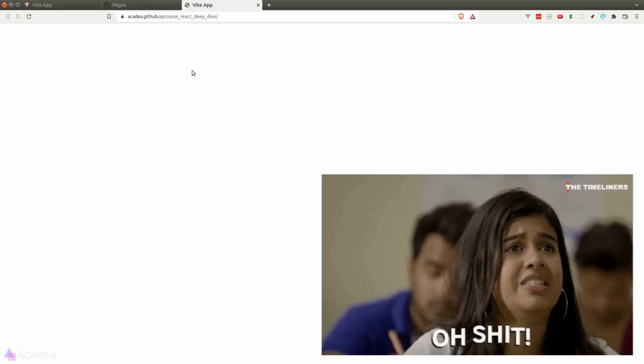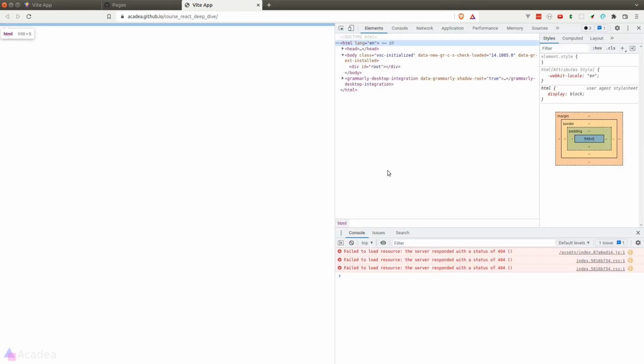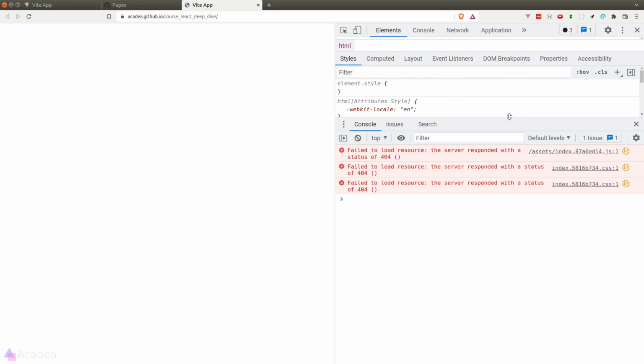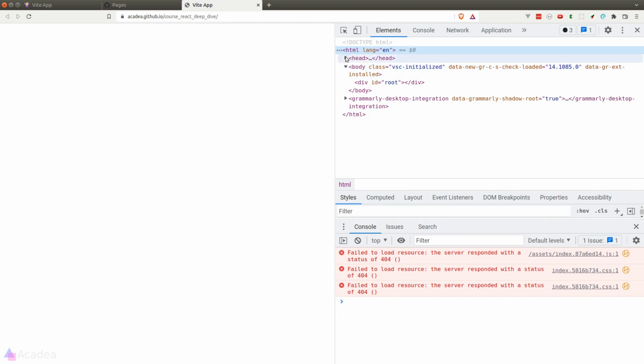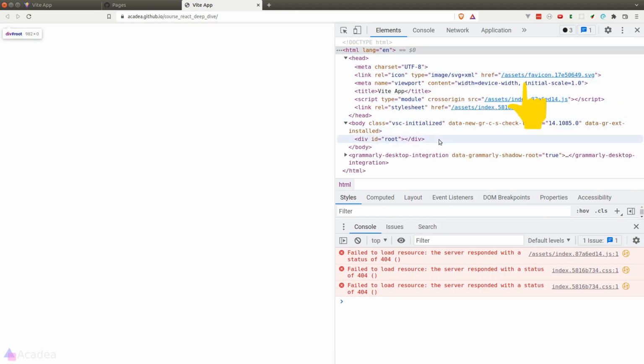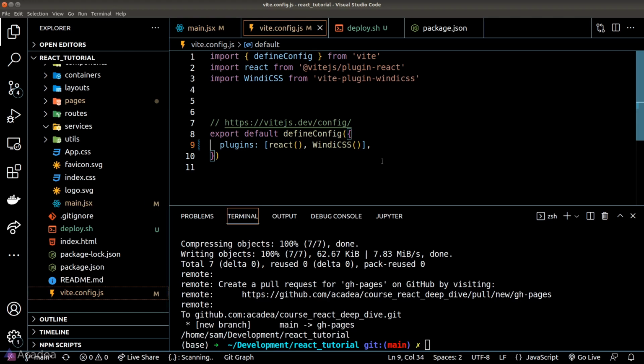Now, oh no, we're greeted by a blank page. And upon inspecting the developer tools, the issue is our static asset is using an absolute path rather than a relative path. If you look at the URL of our website, the URL actually contains our repository name as the URI base. So we should add this behavior in our Vite configuration. Let's go back to our VS Code. We can simply get Vite to use a relative path by adding a base property inside the configuration. And the value will be ./